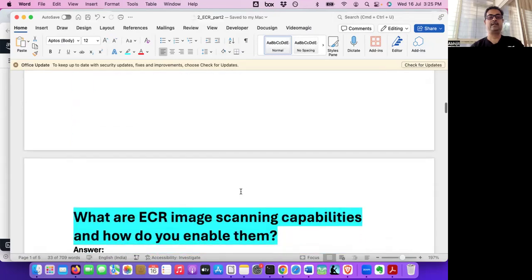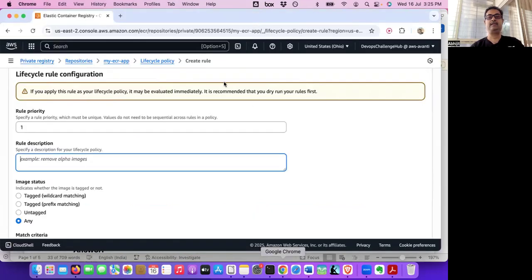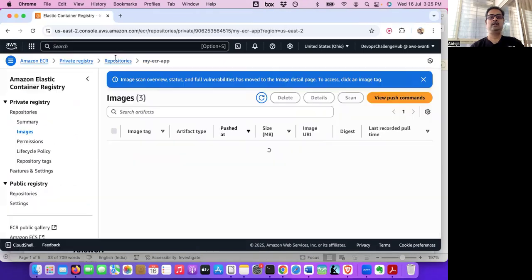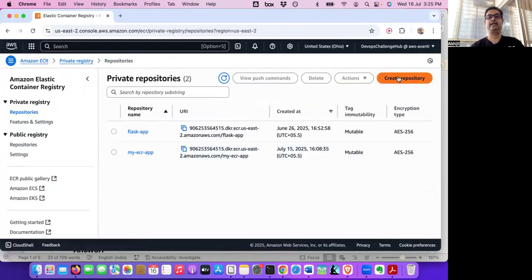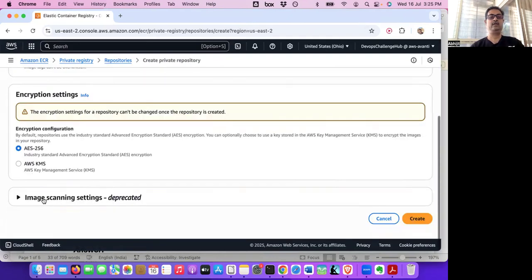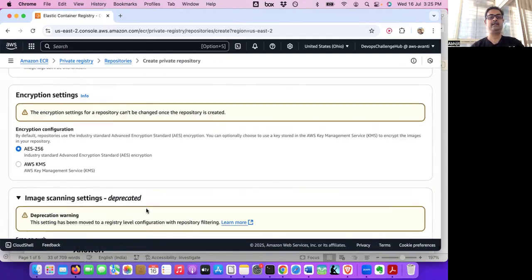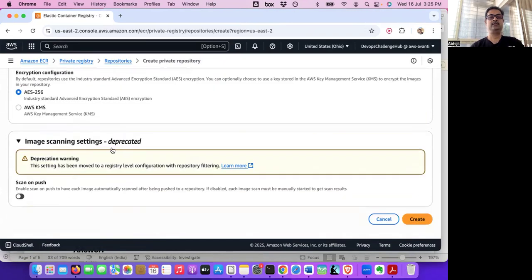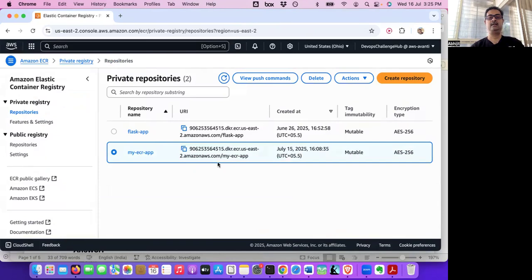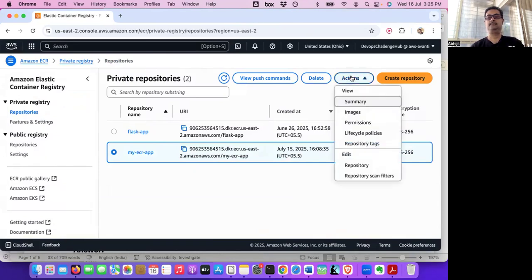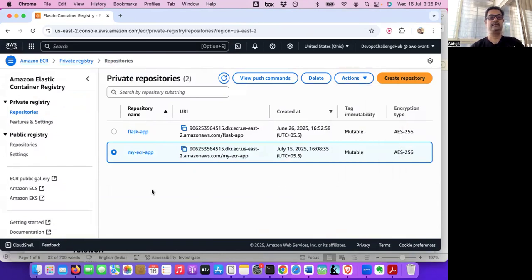Next question is, what are the ECR image scanning capabilities and how do you enable them? So at the time of creation, it asked, but now it's getting deprecated. So if you try to create a new repo, then it will ask. For example, if I go here and create a repo and scroll down, image scanning settings are deprecated. So now what we can do, after you have created the repo, is go to the settings,